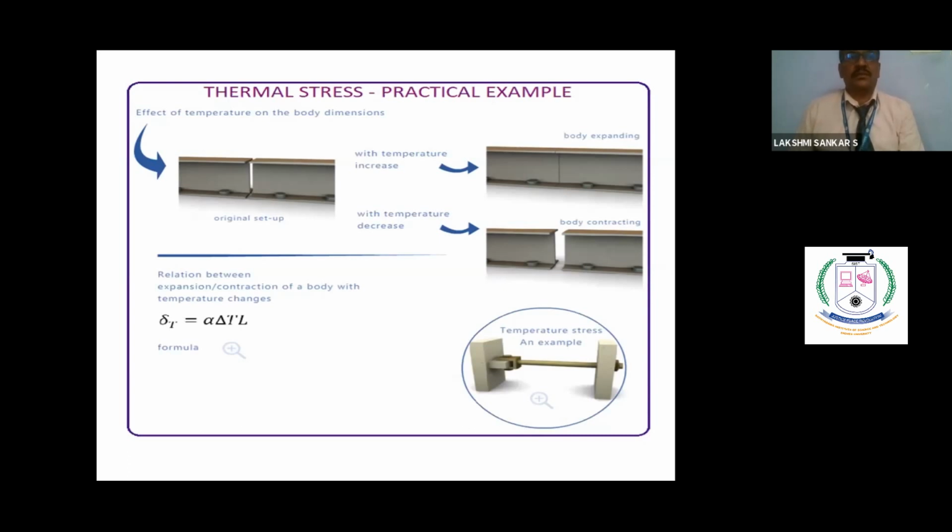When you go next time to small railway stations, in some places you will find some rollers. These rollers are available in order to accommodate thermal expansion of the steel material due to excessive heat in summer and very cool climate in winter. Here in our country, it is not a big thing. In foreign countries, in winter time, there will be very hectic cooling. At that time it will be shortening like anything.